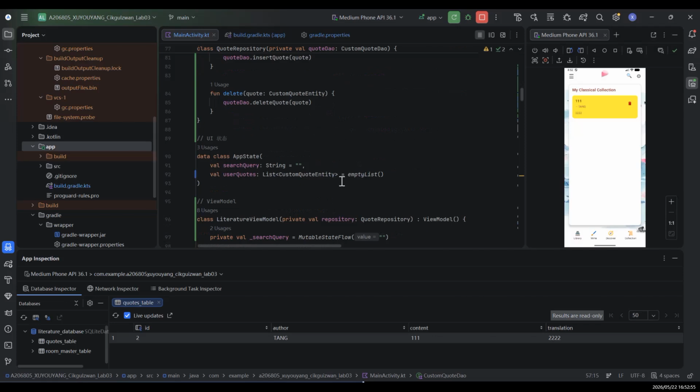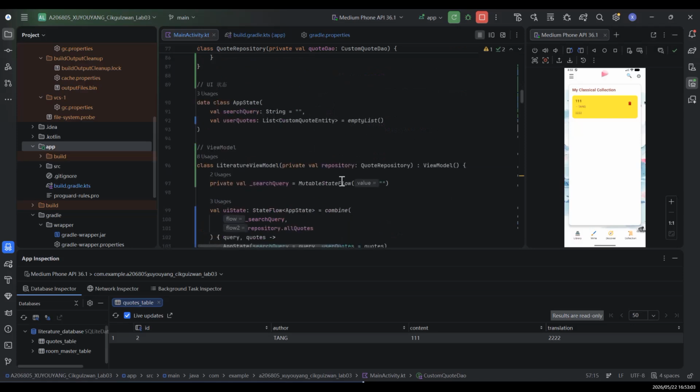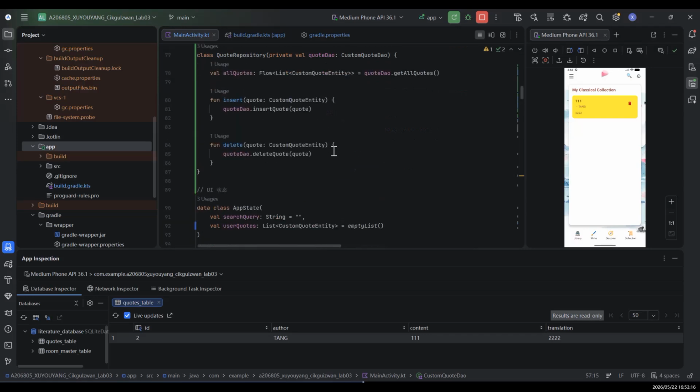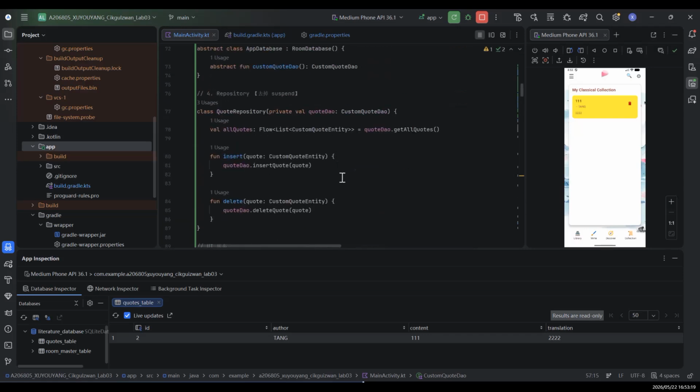If we want to fetch data from a network API in the future, we only need to change the repository and the ViewModel won't even notice. In my code, you can see the repository simply calls the CodeDAO insert code, and the CodeDAO delete code in the background. And you can see here,